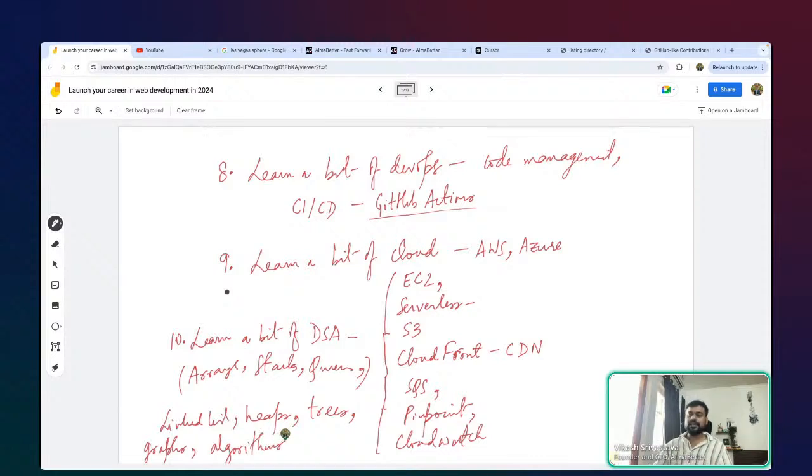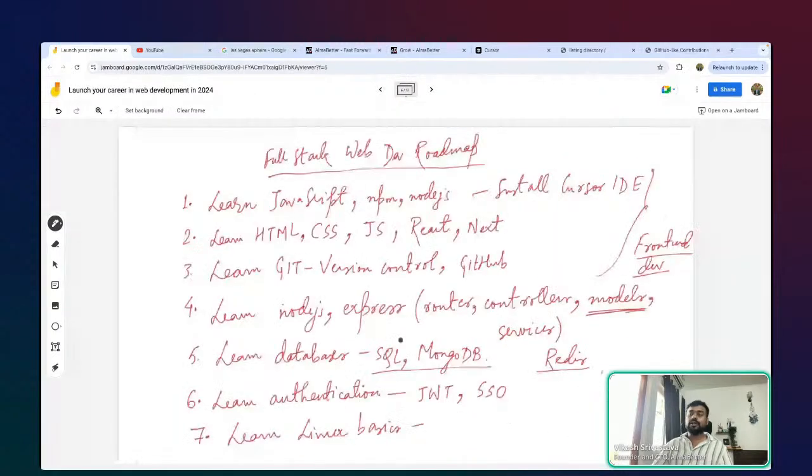So this is the last thing that I would encourage that you should know. So learn a bit of DSA, right? So of course, this roadmap might seem a bit daunting, but when you get started, I think you just need to continue with the momentum and focus on what needs to be done, right? So you'll be doing, let's say, certain projects throughout each module. So you'll be also doing a lot of hands-on work, and that is how you're going to build that faith in yourself.